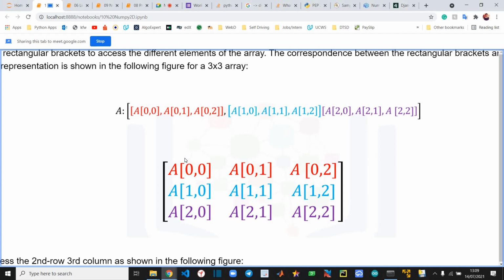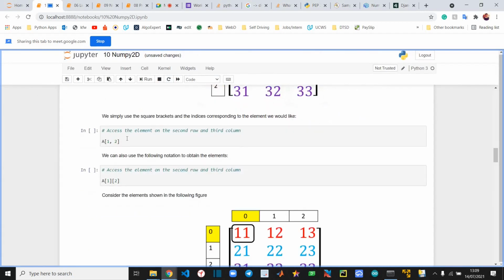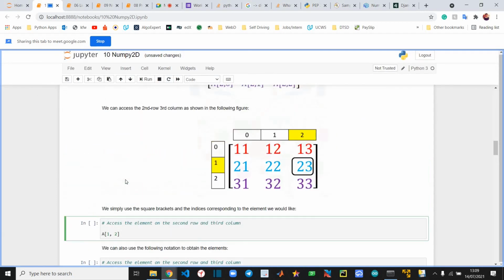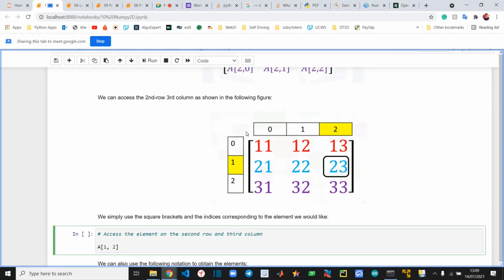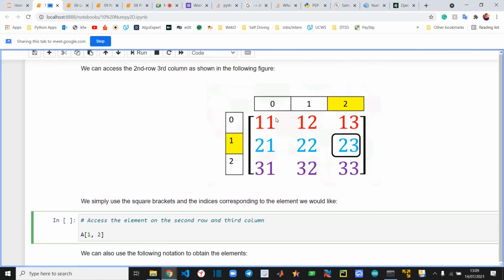So how you can access a particular element is something like this. We have a visual here. So we have this matrix. We have 11, 12, 13 in the first row. In the second row, we have 21, 22, 23. And in the third row, we have 31, 32, 33.